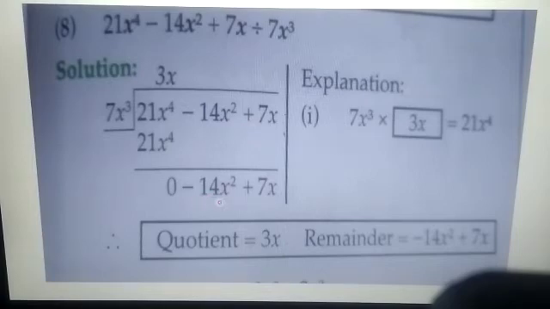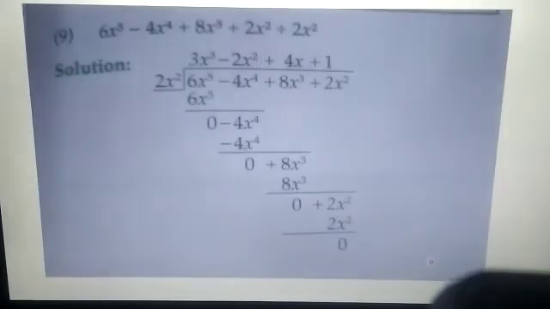Here what do we have to write? Here we want minus 14x square. But see the index of the variable of the term now: here the index is 2. The power of x is 2 and here the power of x is 3. So now this 2 is less than 3, so we cannot divide it further. If you multiply this term by any other number, you cannot get x square. So we will stop the division here. The quotient is only 3x and whatever terms are left are the remainder. So what is the remainder? Minus 14x square plus 7x. In this way we will solve the 8th sum.